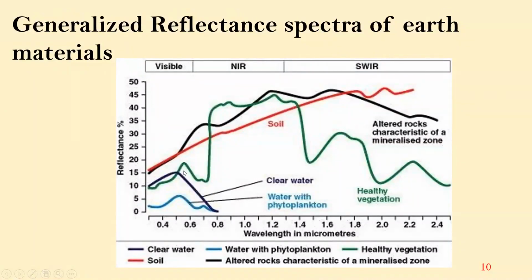And if you look at soil and mineralized rocks, the absorption is less, whereas the reflectance is high in both cases. This is somewhat similar to a spectrophotometer. Based on the chemical components and the features, the spectral reflectance property could change. Based on these spectral signatures, we are able to discriminate the different Earth features.